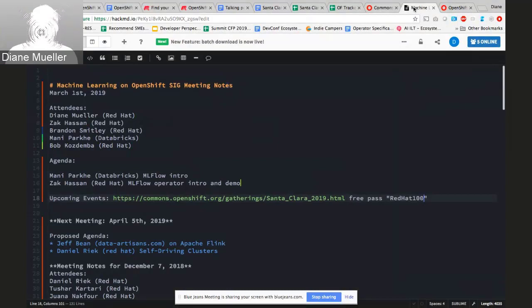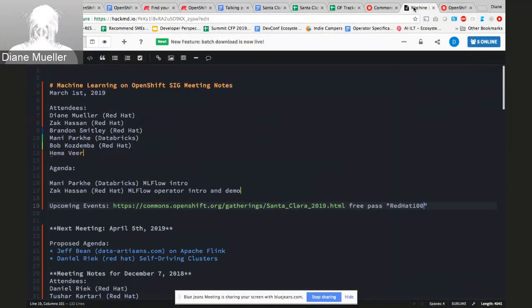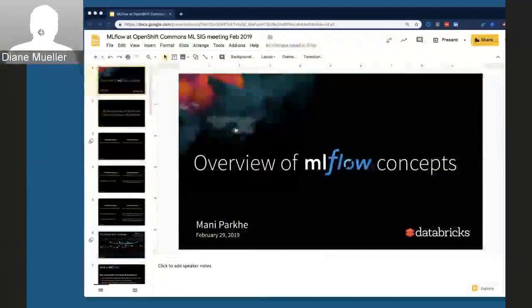And for those of you who don't know, yesterday we launched something called operatorhub.io, where there are about a dozen operators now, one day in, that run on generic standard Kubernetes as well as on OpenShift. So it's not an OpenShift-centric hub, but I'd love to see an MLFlow operator in that hub as well, sooner rather than later. So Manny, with that, how about you introduce yourself, take over the screen, and let's hear a little bit about what MLFlow is today.